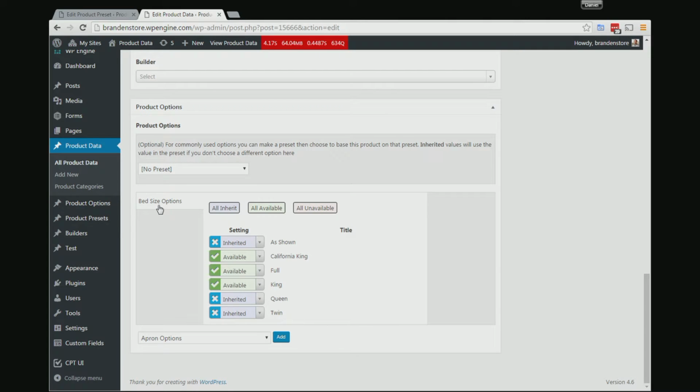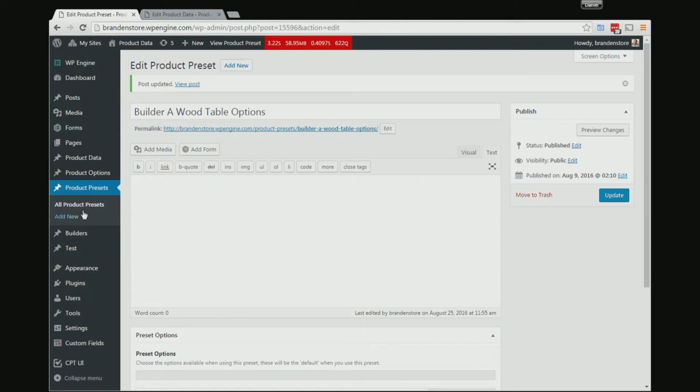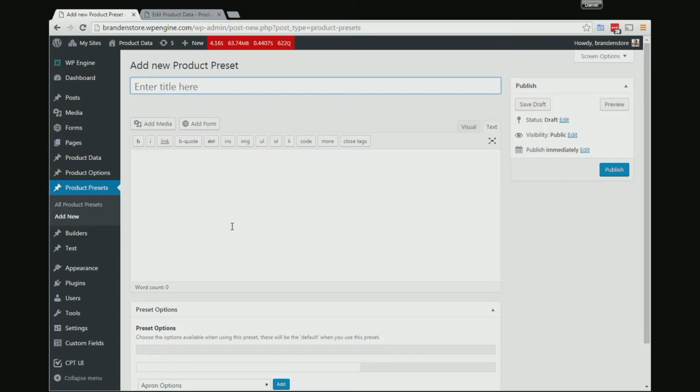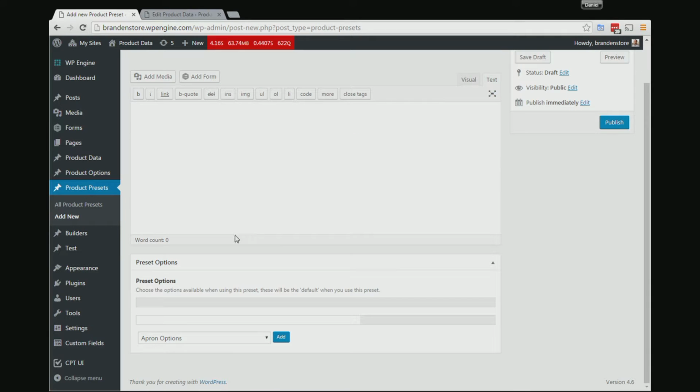The other topic I wanted to cover quickly was product option presets. We talked about this a little, but I think it's worth covering again because it's a bit of an advanced topic. This was borrowed from the way that we sometimes structure data in computer science, and just understanding the relationship of having a parent and child, or in this case a preset and product, is helpful. So I'm just going to call it test,